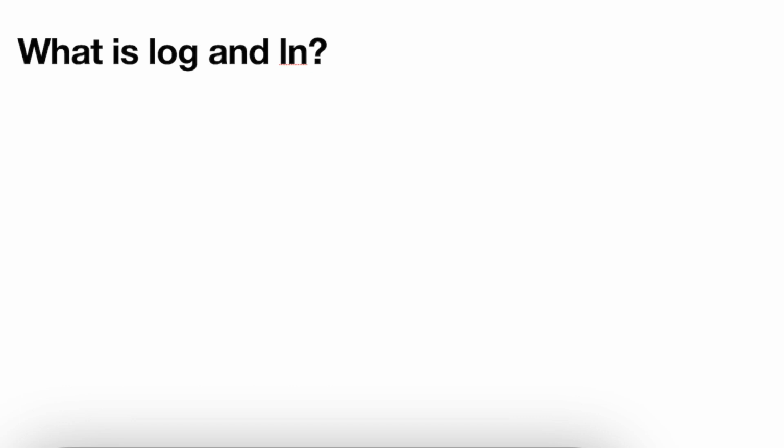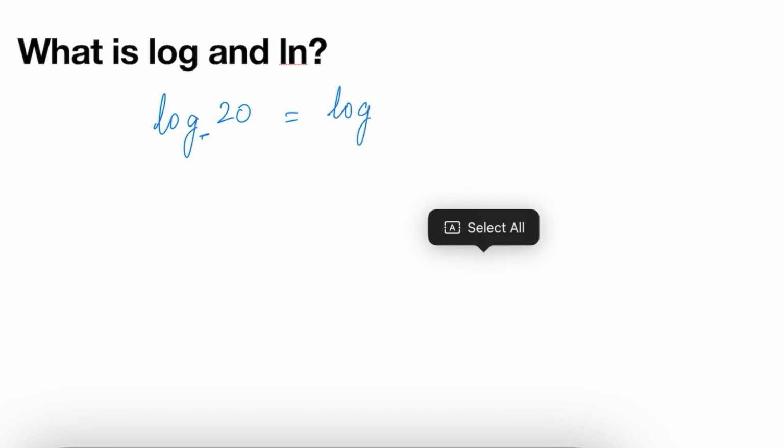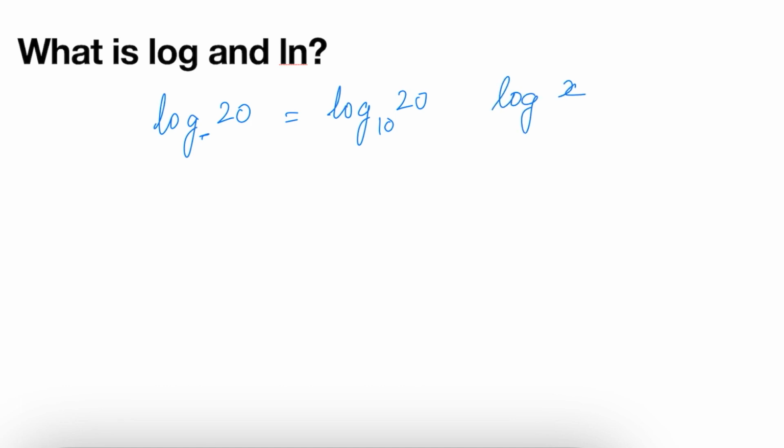So when you say log 20, you can easily find the value of log 20 in a calculator, but what is the base of log 20? It is nothing but log 20 to the base 10. So when they don't mention the base and they just say log of some number, it is assumed that it is to the base 10, because log 10 is very commonly used in the real world. So we have all that on the calculator, and we don't really explicitly mention that it is to the base